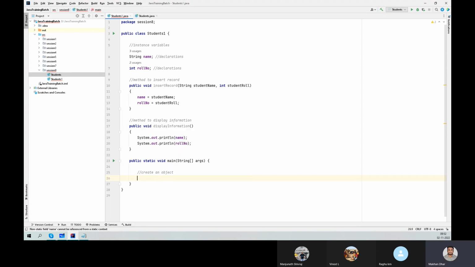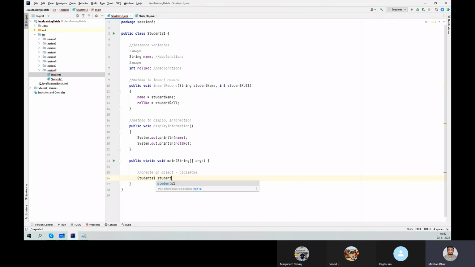So remember, if you want to create any object of a class, the moment you want to create any object, that should be the class name. So your class name is Student, and the object is student one. First we need to create the object. Now why are you not getting it? We need to create an object. So I am creating,